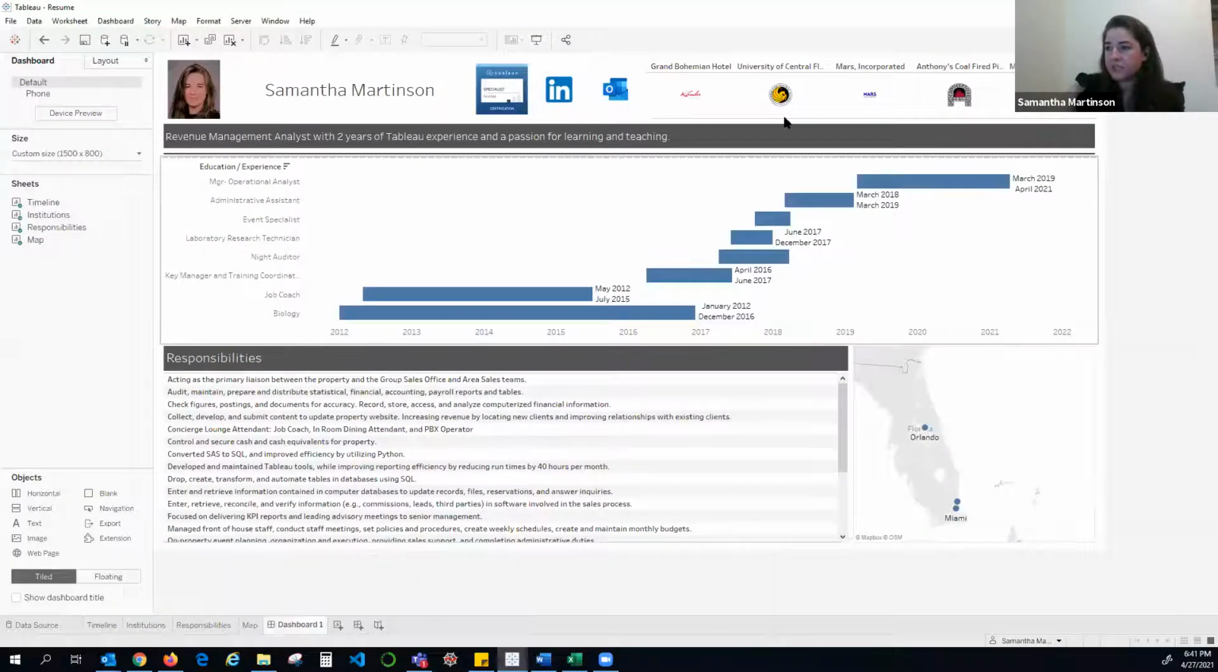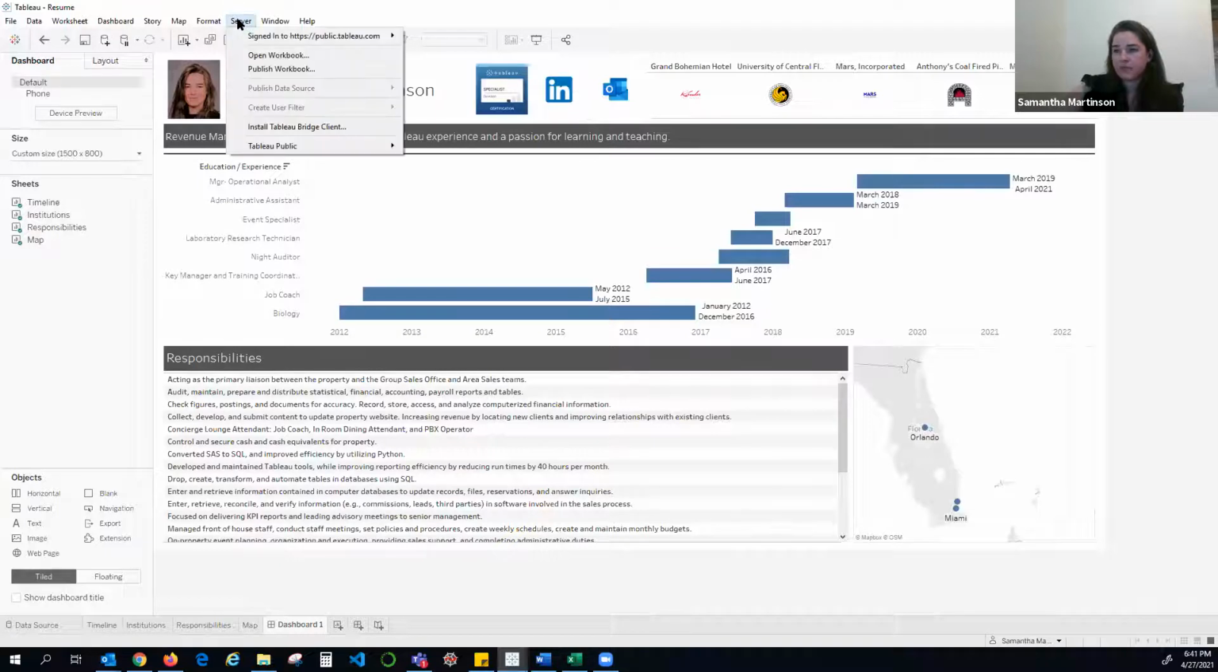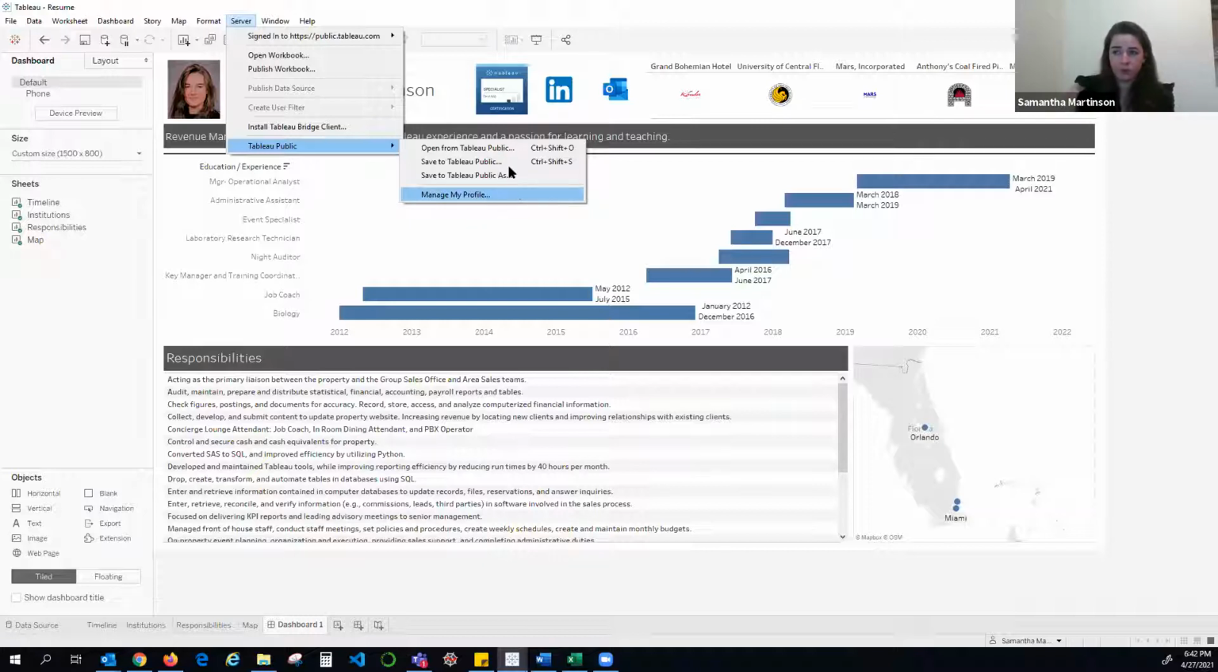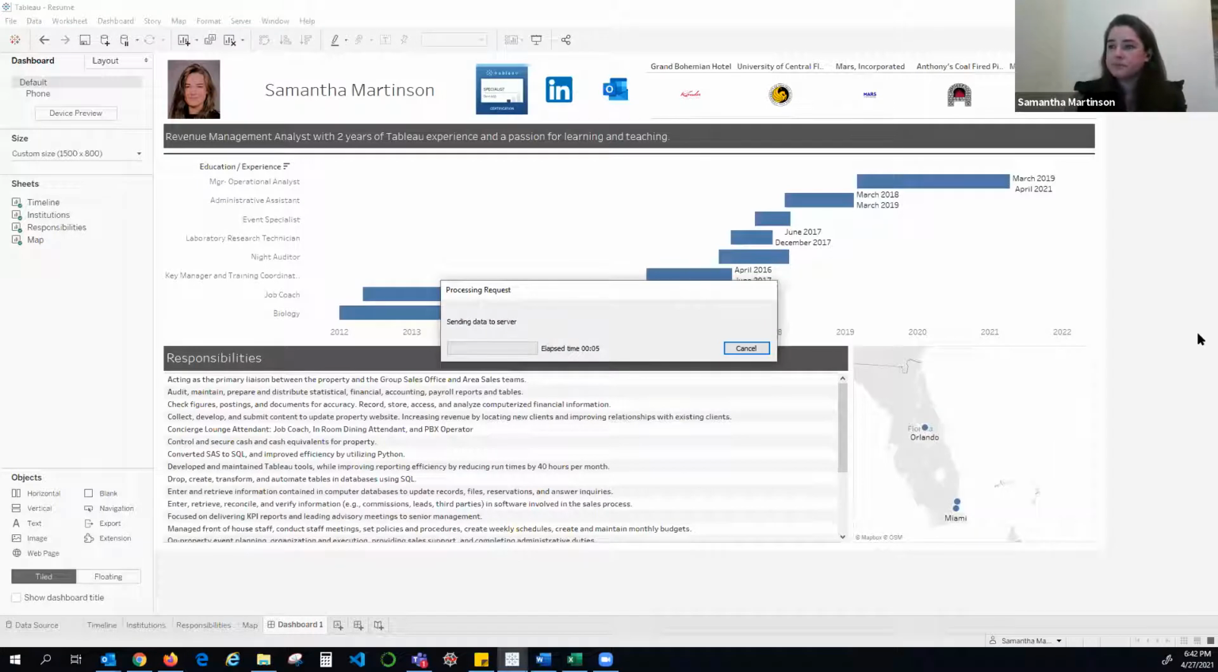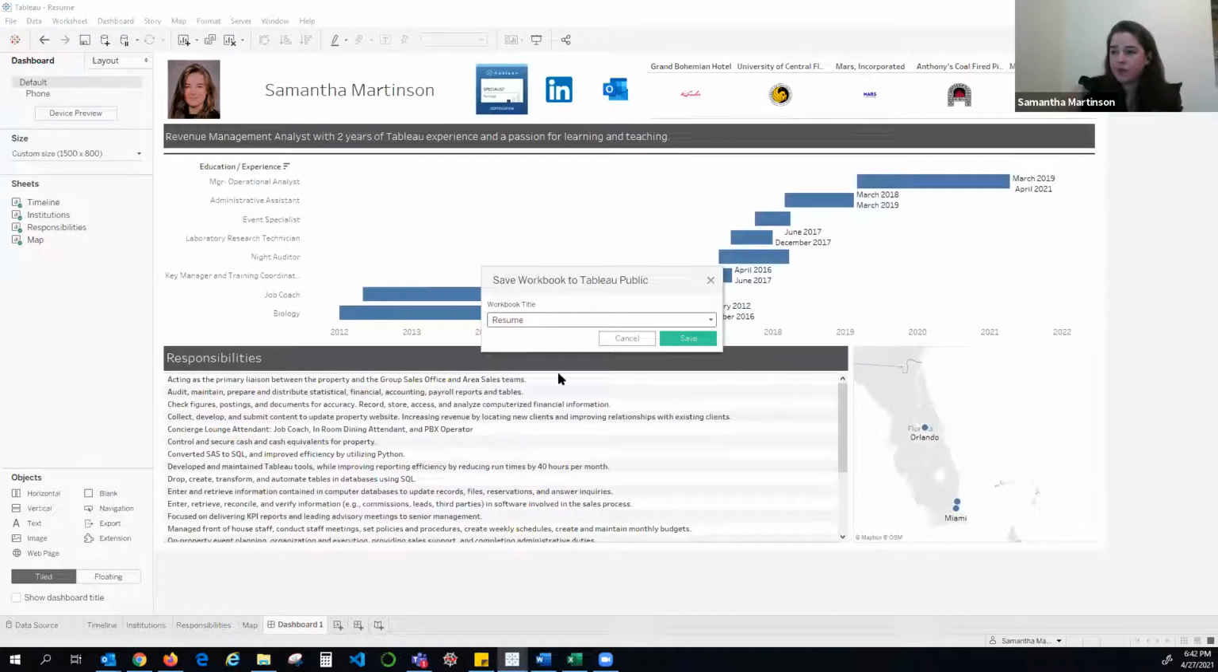But how you post things is you go to your server, and then there's actually a nice little Tableau Public option down here, super easy. And then you save to Tableau Public as, or just save to Tableau Public. There's a manager profile here or any of those things. If I press save as, it's probably opening something somewhere. Cool. And then it'll just tell me